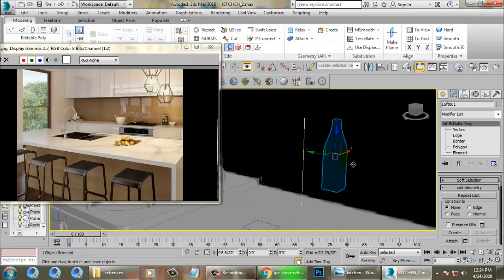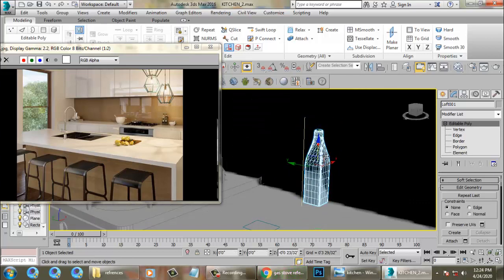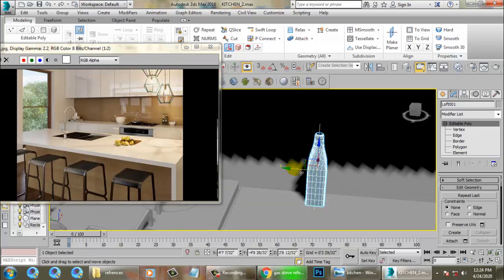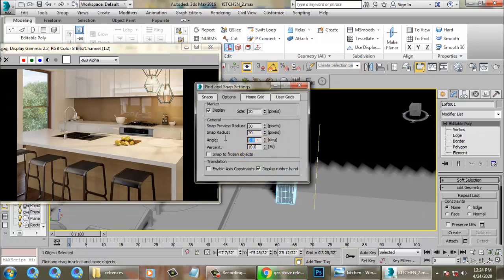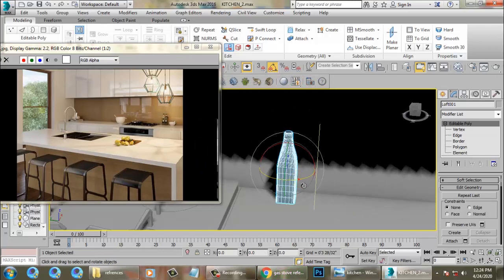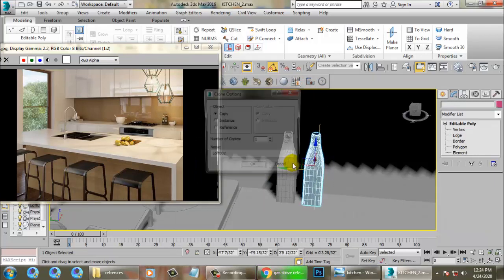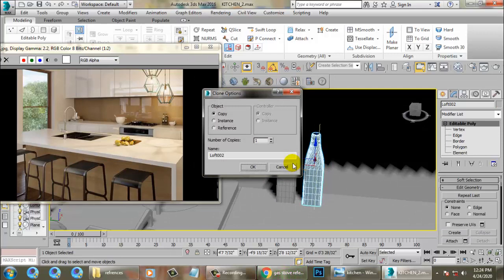So if we turn off the render setup, and if we deactivate this GI environment, then let's see how it looks like. No change.